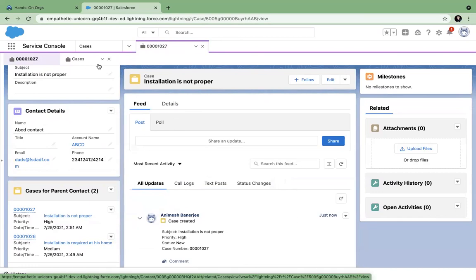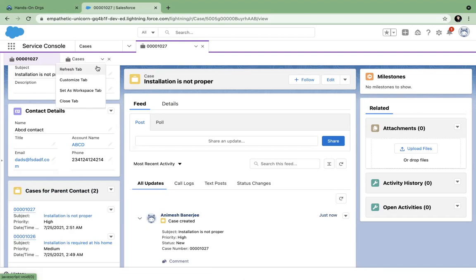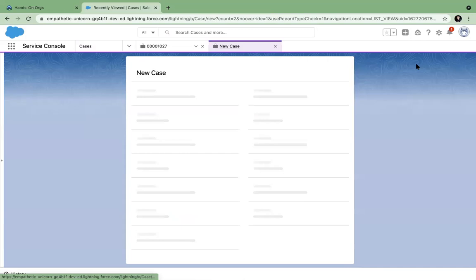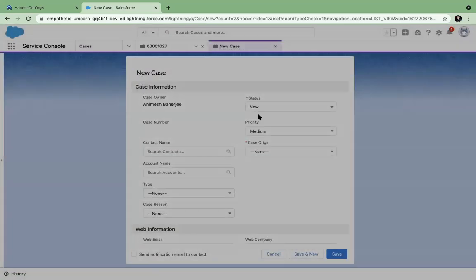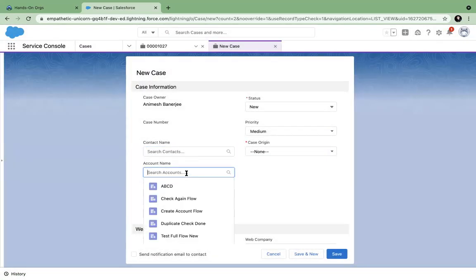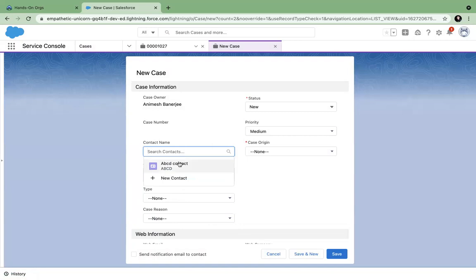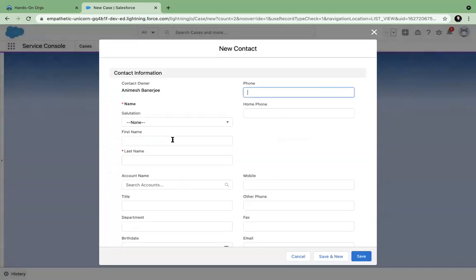And maybe I am having two calls at one time. One may happen that I have put his call on hold. I want to work on another ticket. So I will go here and maybe I create another case with a different customer. Maybe another person is online. So I am working on two different people. Possible.